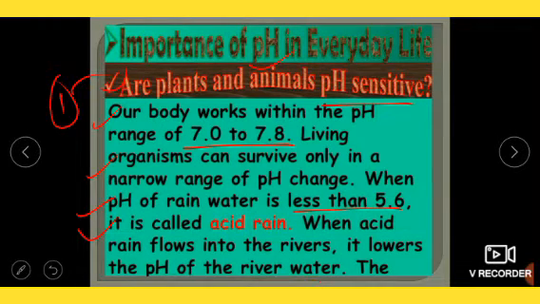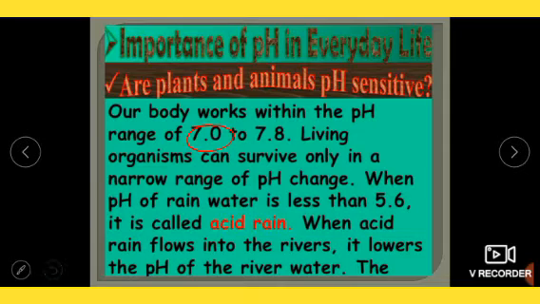Let's understand this: you might have heard many times that a person had poison and died due to the poison. What happens when a person takes poison? Basically, the poison decreases the pH of the human body to less than 7, which is acidic, and the person cannot survive in that acidity.